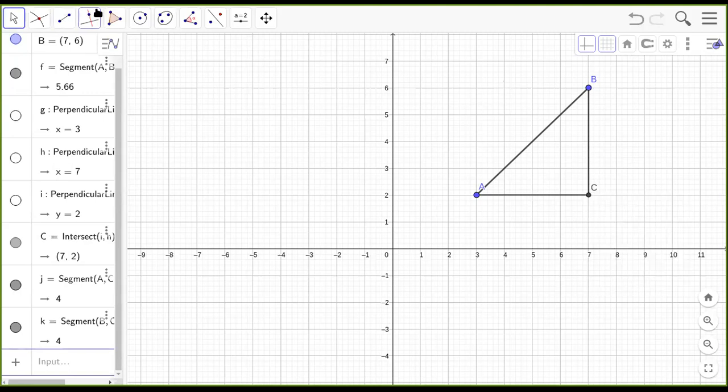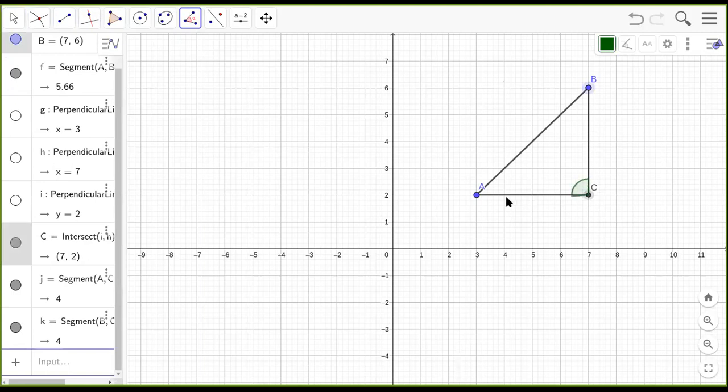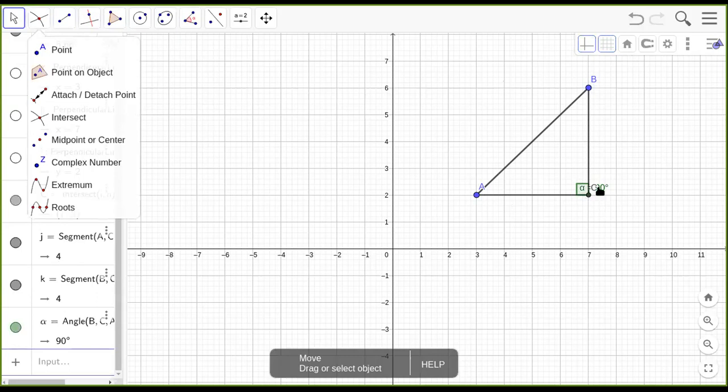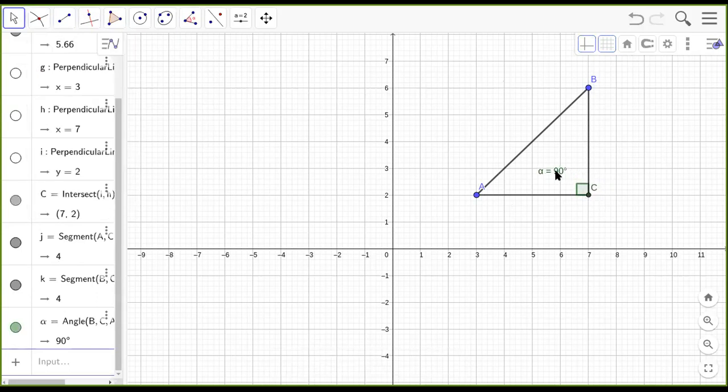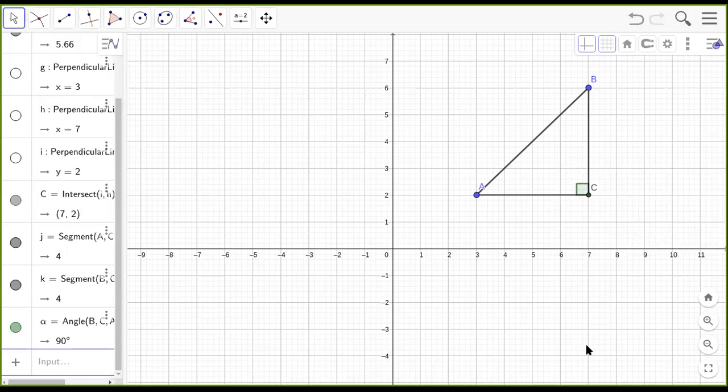Okay, then maybe I can satisfy myself that yes, it is a right angle between B, C and A. Can you see I can get the right angle there? It's getting marked as 90. Why is it getting marked as 90? Because that is the intersection point between the two perpendiculars that I had drawn. Now I think I'll remove that label also. It's not required now that I know that it is 90 degrees. Now to find this length AB, I can definitely apply the Pythagoras theorem because I have a right triangle now. So if I take AC square and BC square and add them, what I will get is AB square using the Pythagoras theorem. Now, how do I find the lengths AC and BC?